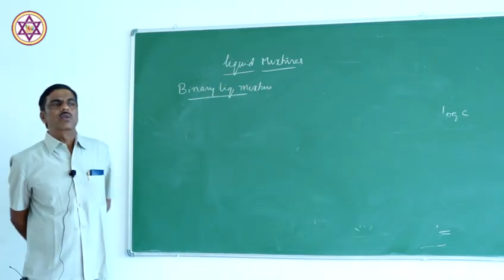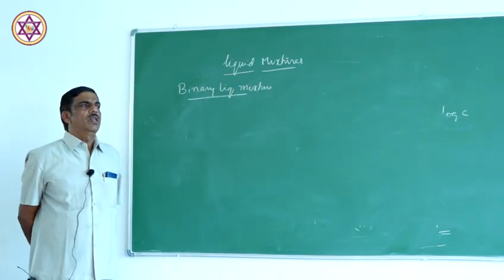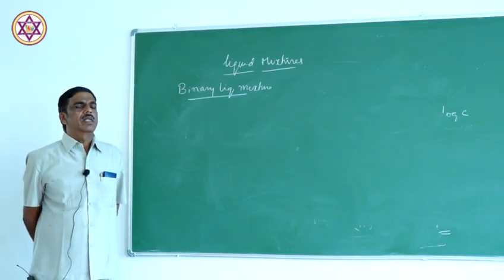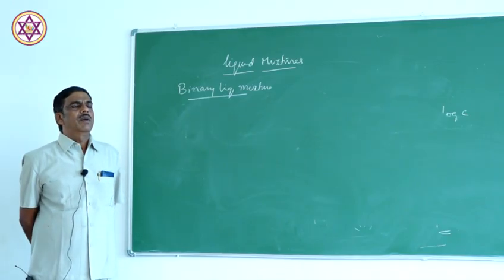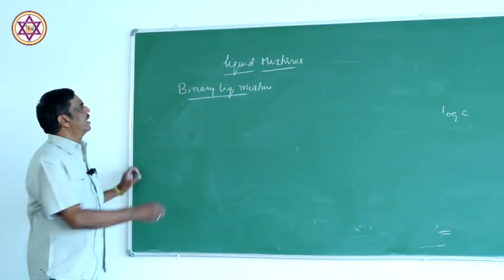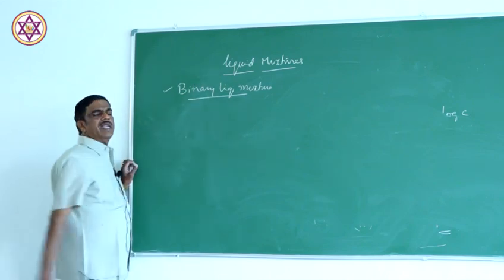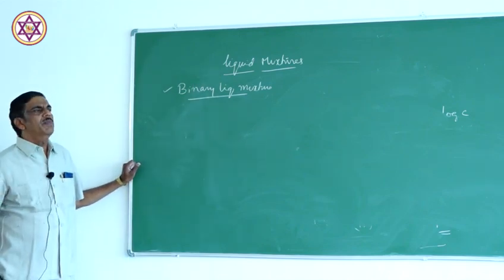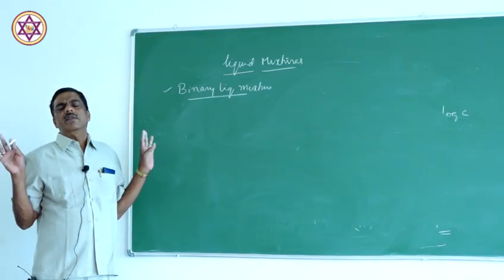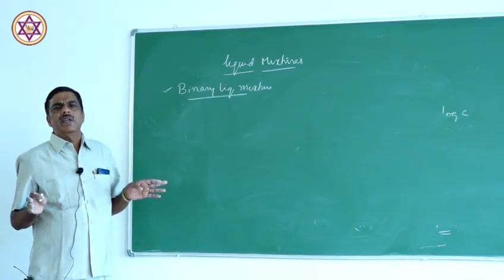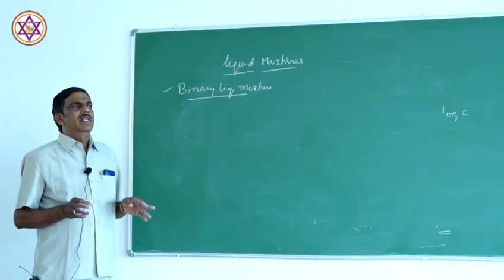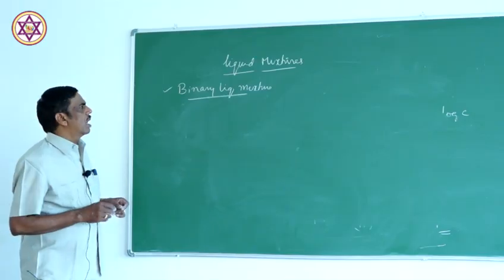For example, you mix water and alcohol, triethylamine and water, nicotine and water, benzene and toluene, oil and water. You mix two liquids; that type of mixture is called a binary liquid mixture. All binary liquid mixtures are not identical. They show different behavior, different solubility. So depending upon that, these binary liquid mixtures are further classified